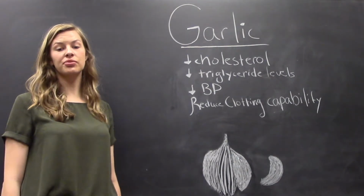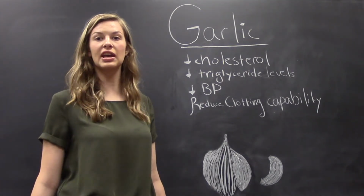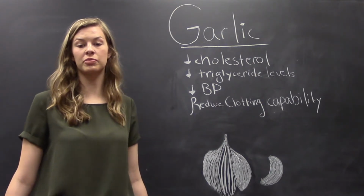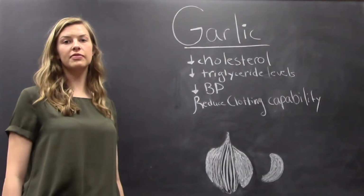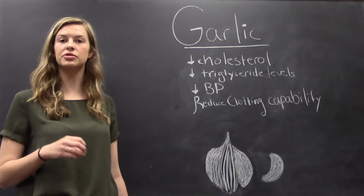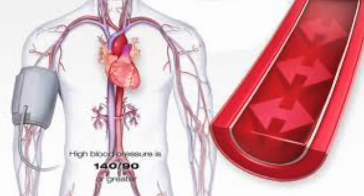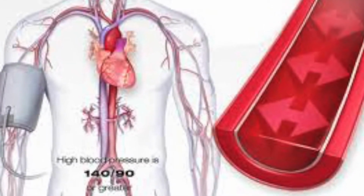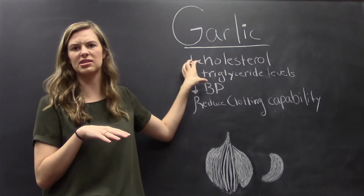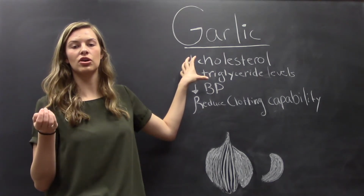Some research has shown that garlic can reduce hypertension by as much as 7 or 8%, and even lowers blood pressure in people with normal blood pressure. Garlic has also been found to reduce the risk of atherosclerosis, which would be the narrowing of a vessel from the buildup of plaque in it. So garlic can also decrease your chance of that when we go back to our triglycerides and cholesterol. So this is what would build up in the vein or the artery, and then the garlic gets rid of